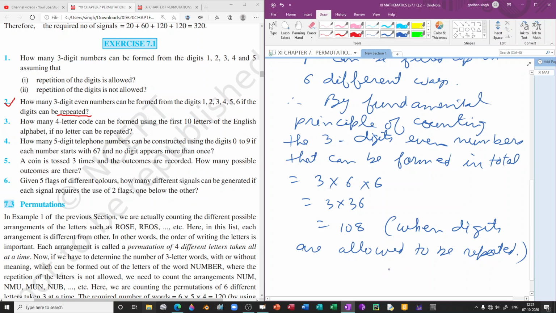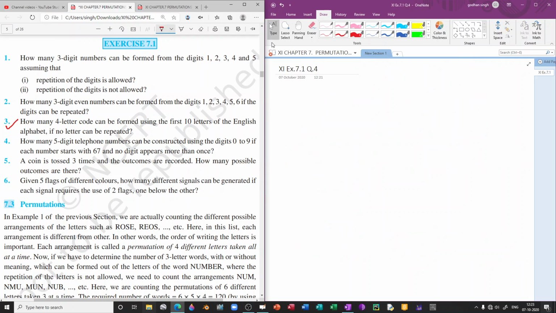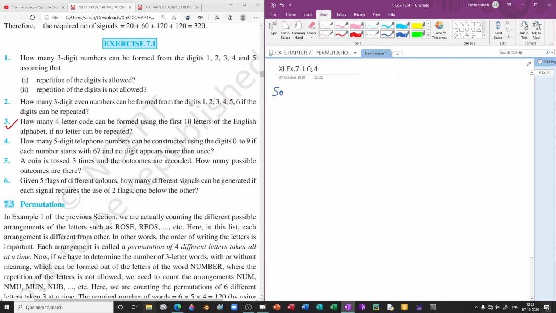So this is the answer of question number 2 and is complete here. Question number 3. How many 4-letter codes can be formed using the first 10 letters of the English alphabet if no letter can be repeated? So solving question number 3,